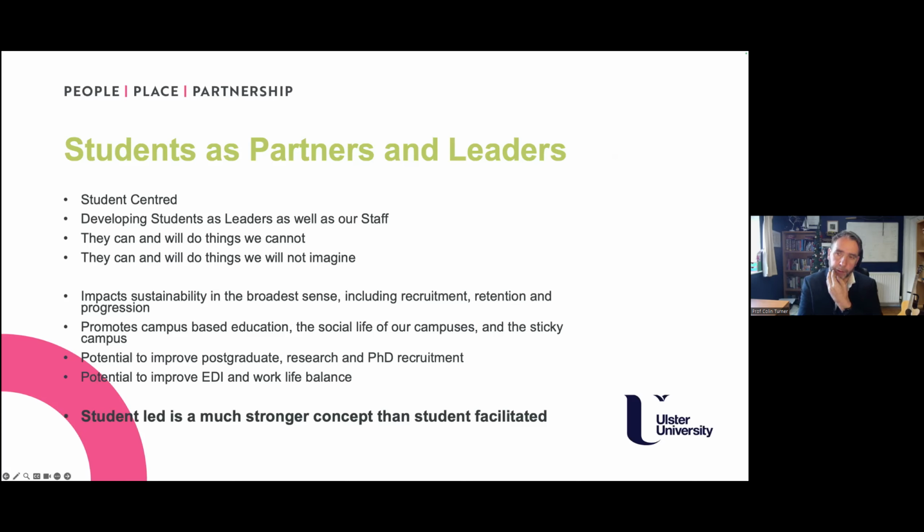But this point I want to make that's in bold at the bottom, I really want to hammer home a bit, because when I'm trying to roll this initiative out to certain other areas, what I'm often seeing is them trying to do student-facilitated things. So they're saying, well, here's an idea we've got and we want students to do it. And actually what I want to do is something much stronger, which is: here is something the students have elected to do, and we're going to support them in doing that. Now, that might take a bit of work to get to, but it can be done.